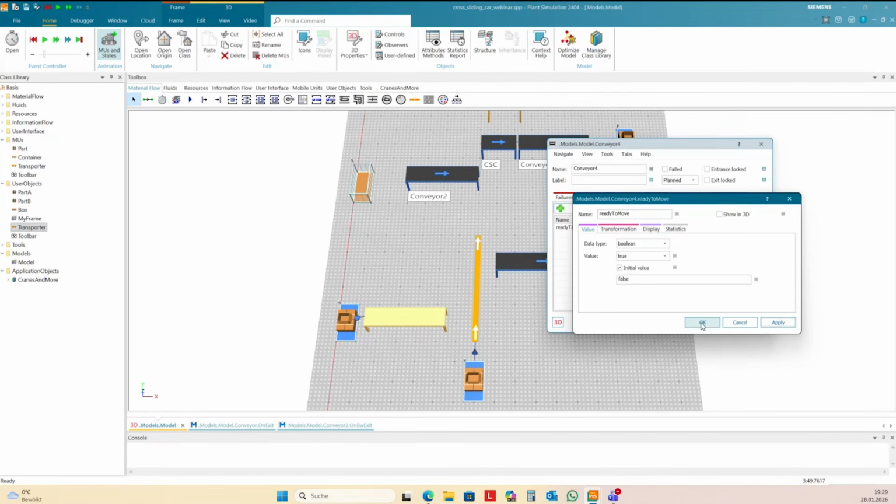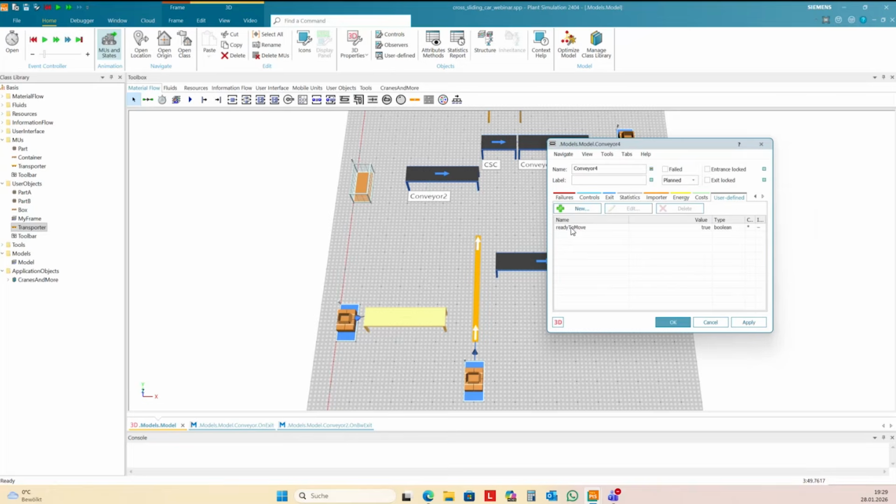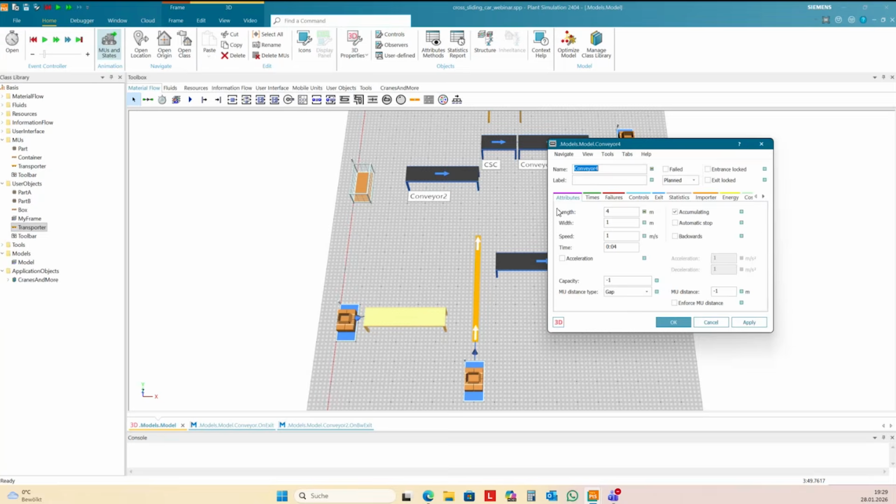And I need an exit control here to set this ready to move to true. So I need the exit control.